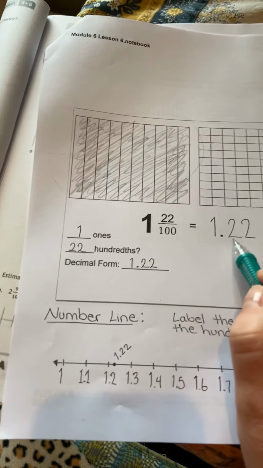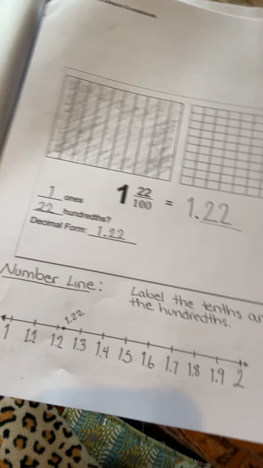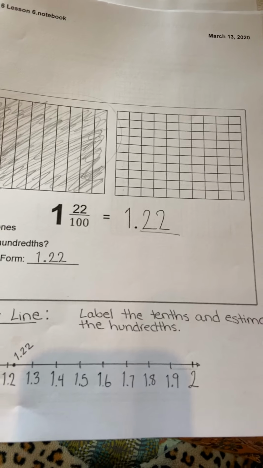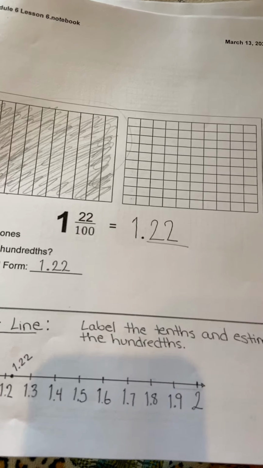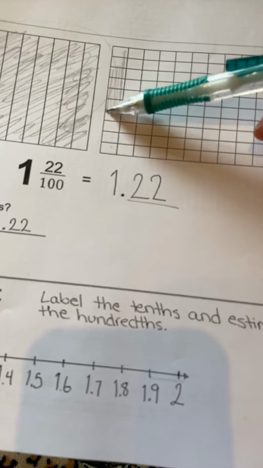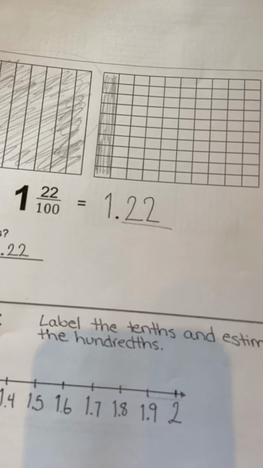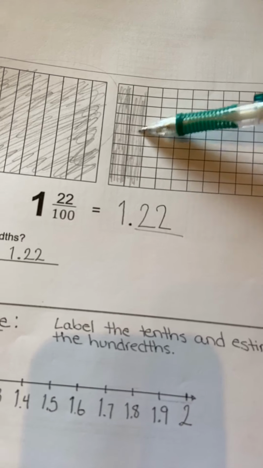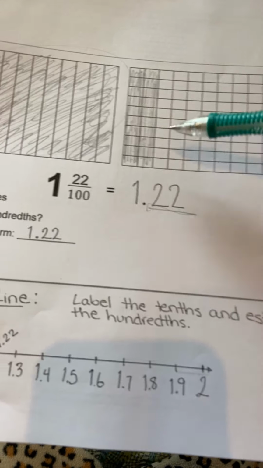Okay, now I want to do the 22 hundredths. Each one of these little units here are hundredths. So I want to shade in 22 of them. Now, I could count out 22, like 1, 2, 3, 4, 5, all the way to 22. But an easier way to think about it is I know that one column is 10 hundredths. So that's 10 hundredths. Another column would make 20 hundredths. So there I have 20 hundredths shaded, but I want 22, so I shade in